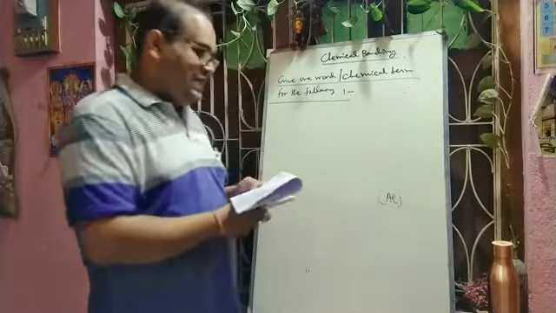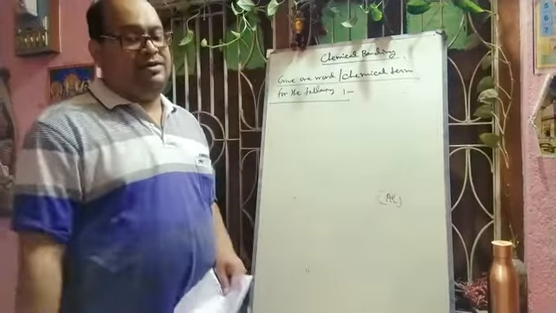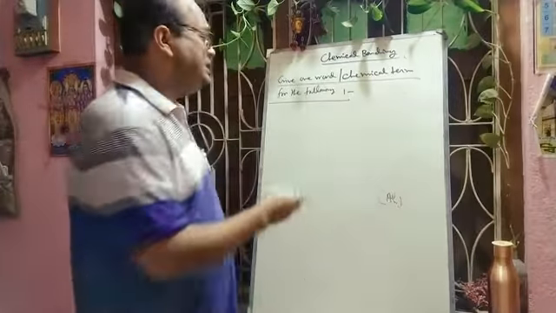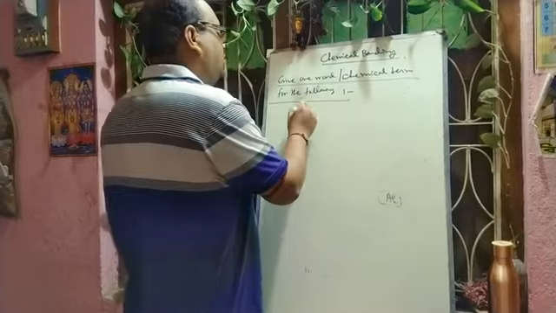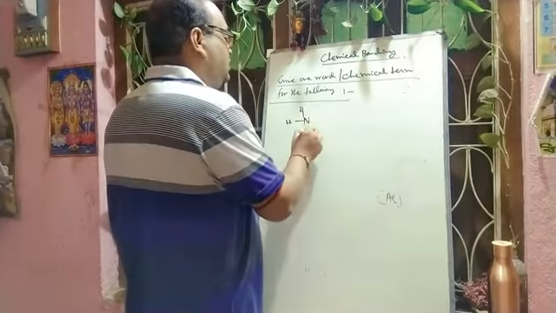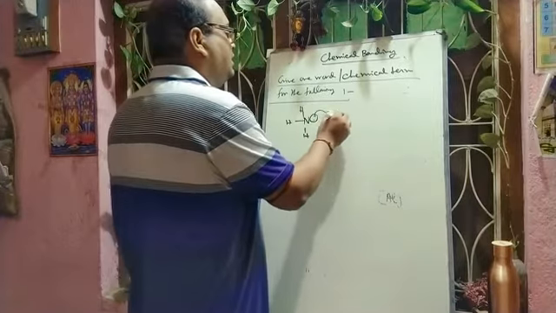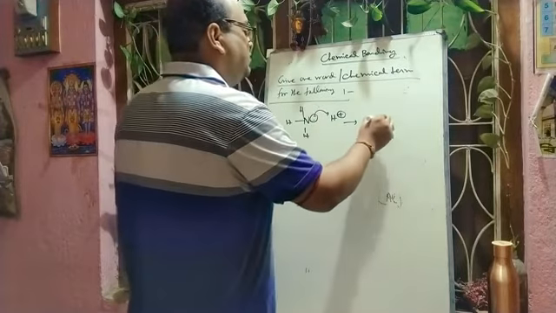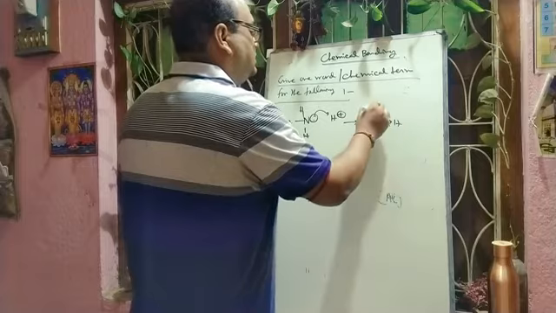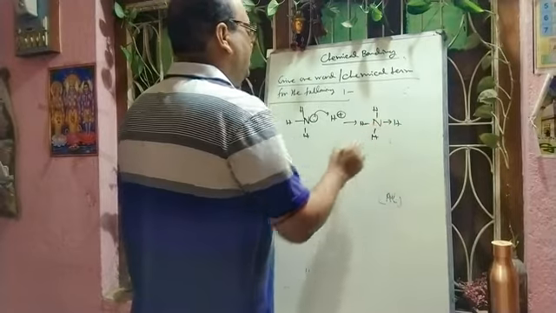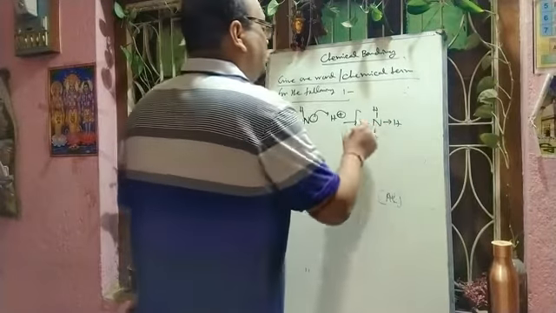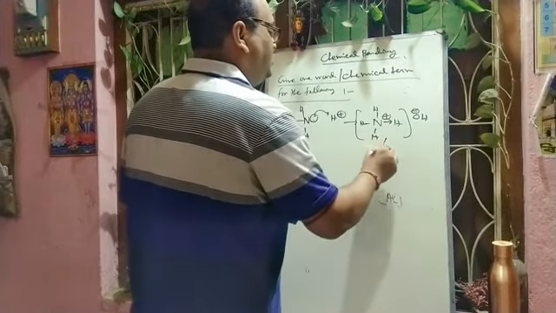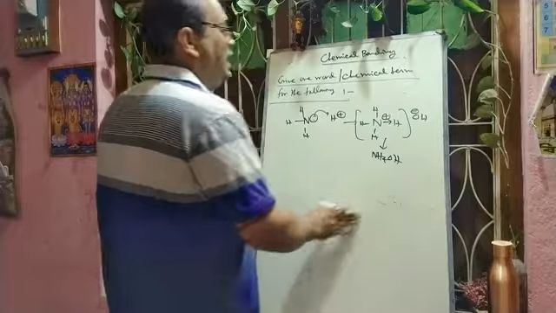Next we discuss the electron dot structure of ammonium hydroxide. All of you have practiced ammonium chloride. If I give ammonium hydroxide, it will be very easy. First you have to draw the structure of ammonia. Ammonia will accept H plus using its lone pair of electrons, and it will form NH4 plus like this. Then one OH minus will come to neutralize this charge. Finally we get NH4OH. So this is the structure of NH4OH.